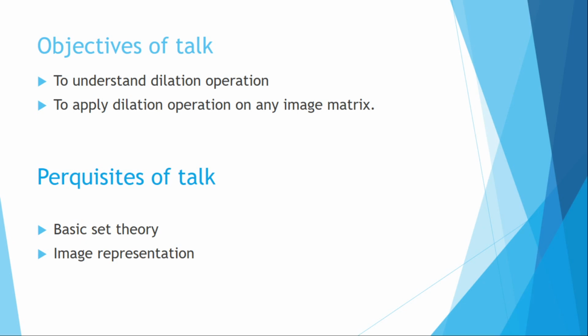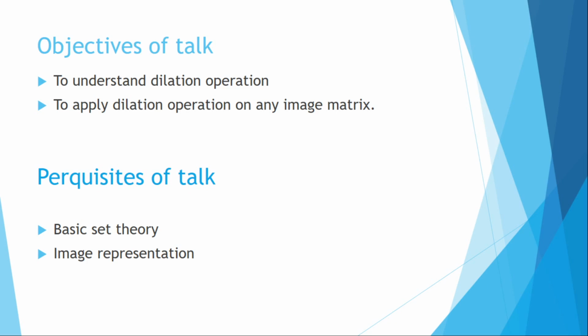Normally, the operation of dilation can be analyzed either in grid format or in an image representation like matrix format, or we can do the analysis in position formats, and we can also do the analysis on grayscale values. But in this lecture I am concentrating mainly on the image in matrix format.